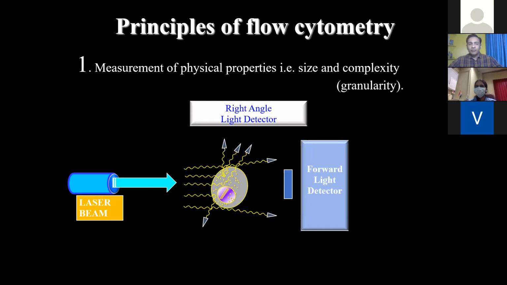So, for example, if you take a granulocyte or neutrophil, which has intermediate size, the forward scatter will be intermediate, and because it has granules, the scatter of the light will be high, hence high side scatter. But if you take a lymphocyte, which is small in size, so less forward scatter, and because a lymphocyte hardly has any granules,